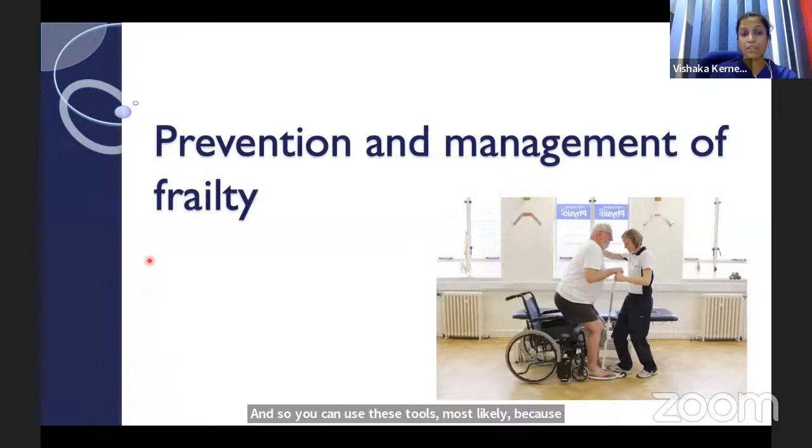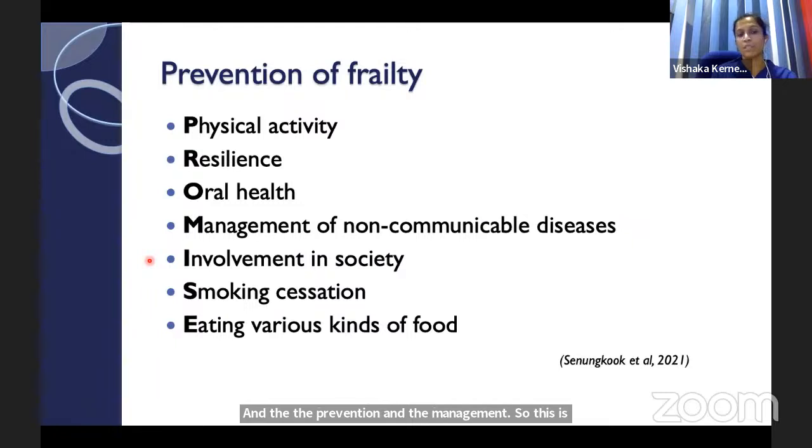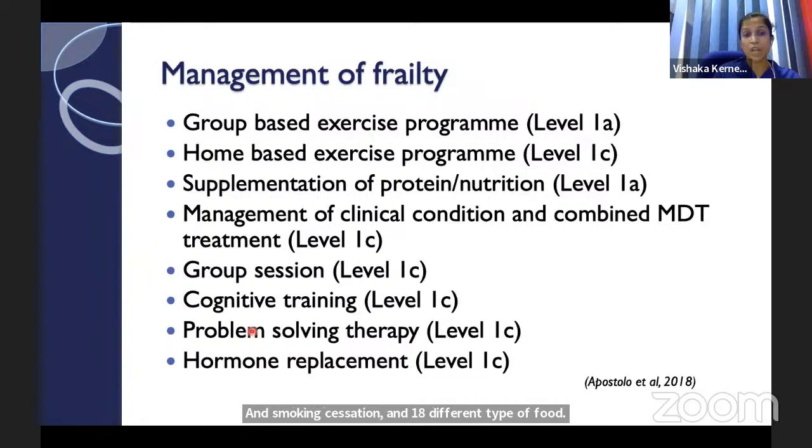And the prevention and the management. This is again a very important aspect. They have recommended the PROMISE tool: physical activity, resilience, oral health. They say that if you save 1 tooth in the elderly, outcome can be improved by nearly 9%, which is interesting. Then management of non-communicable diseases, involvement in the society, smoking cessation, and eating different types of food. So this is the evidence on the management